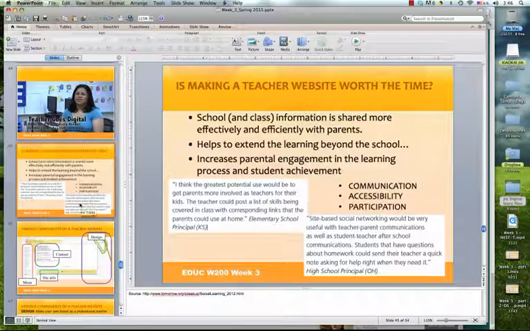Okay, so here we talked about how you as a teacher can use the teacher website. So you can have a list in your mind. Number one, maybe for me, if I'm going to have a teacher website, I want to have at least, for example, an announcements function and a newsletter function, so I can communicate with parents, and I want to have a calendar so my students can know what's coming next week, and they can get prepared. And I want to have a page for assignments so they can check and find resources.